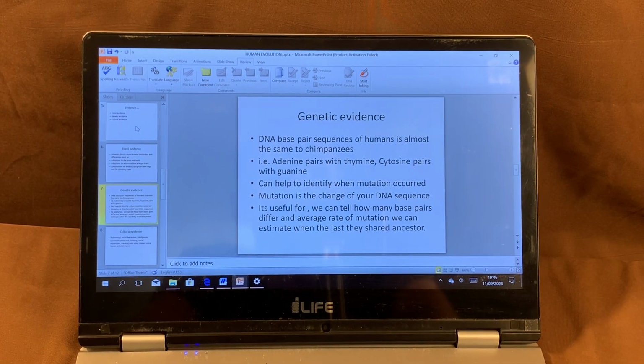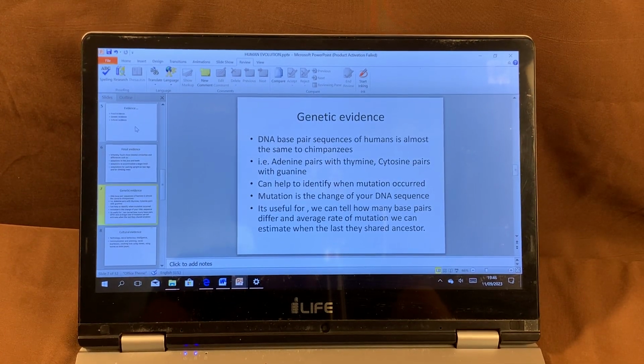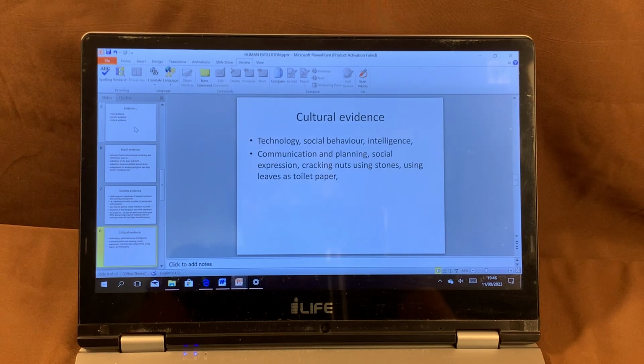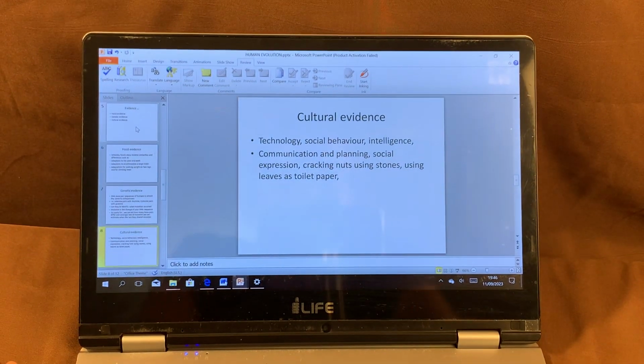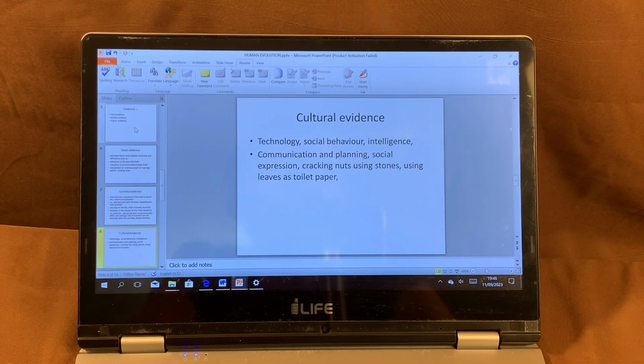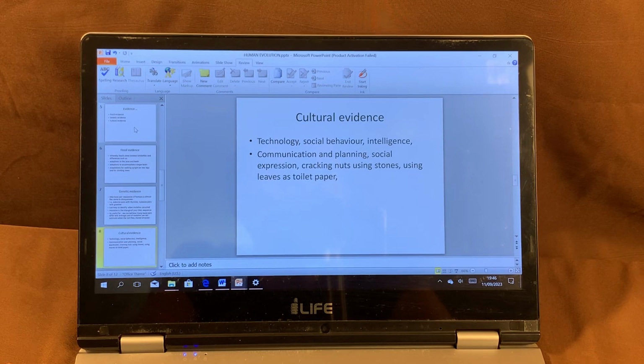One, and then the DNA happened here on this base pair, and that's when human beings started developing. Then we looked at the cultural evidence, and we realized the apes use leaves as toilet paper, and we use toilet paper as toilet paper. They also show expressions, they show love, they kiss their offspring, just like you do.